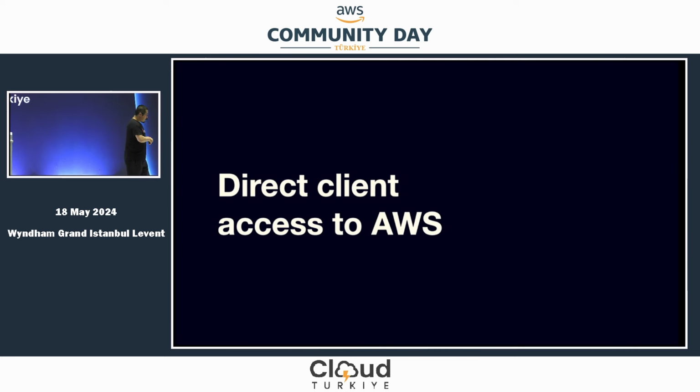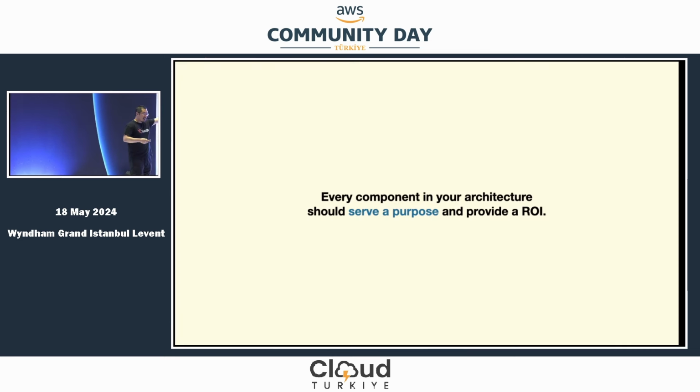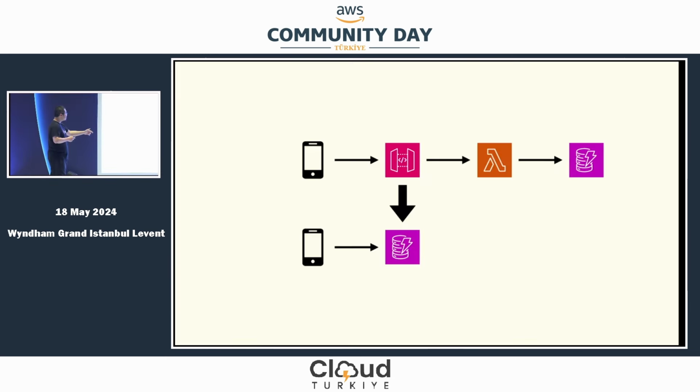And one last move, this is more of a high-level move that I don't think applies to most people. If we push this idea that everything in our architecture should serve a purpose, then we can push even further to say, okay, what if all we're doing with our API and our Lambda function is to allow the front end to talk to a DynamoDB table, and all we're doing is CRUD, and all we're doing is providing authentication with API Gateway and an AWS SDK call with the Lambda function? Then we can actually have the client talk to